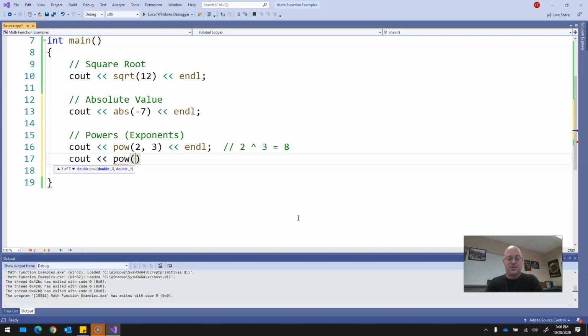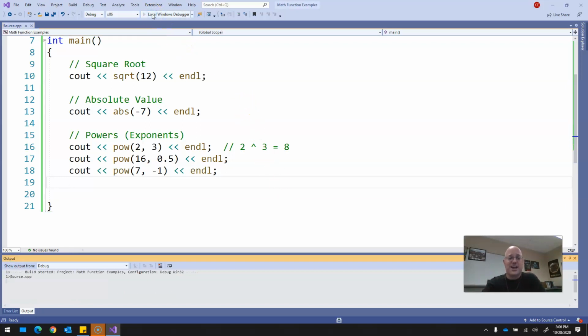So if I do something like 16 to the 0.5, 0.5 is a half, so 16 to the 1/2 power, it's a square root of 16. It also works for negative powers. If I do what is 7 raised to the -1st power, that will give me 7 to the -1st, which is 1/7. So if I try this out,